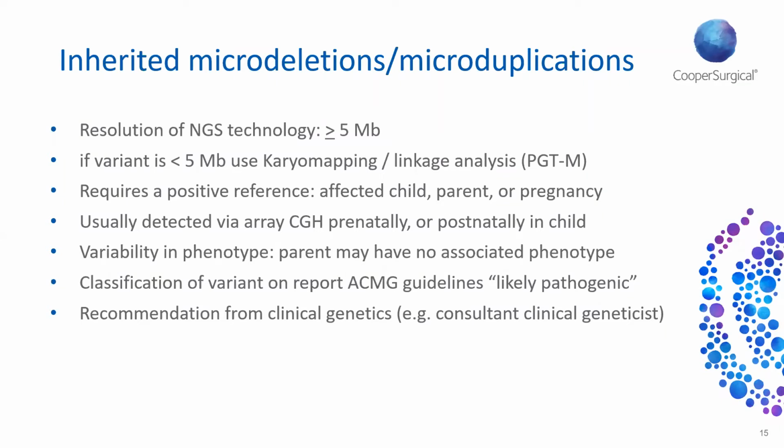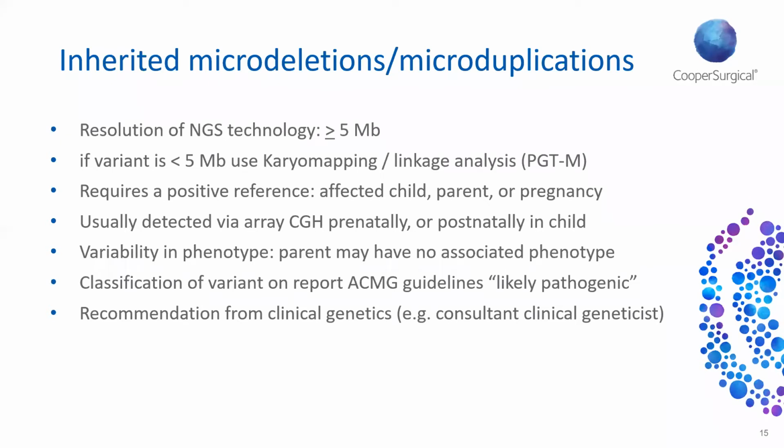We could potentially have both that report and stored DNA, and only if it's inherited from either the patient or the partner, or sperm donor or egg donor, however that pregnancy was conceived, we would also ask for that report. So we need 2 reports minimum, and we need DNA from either the patient or partner